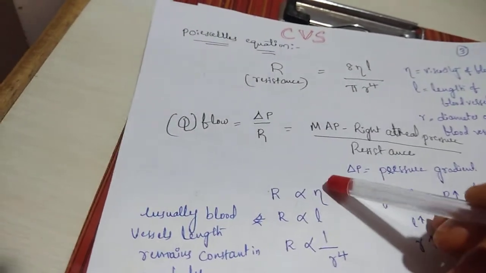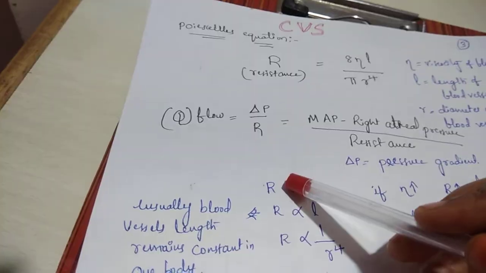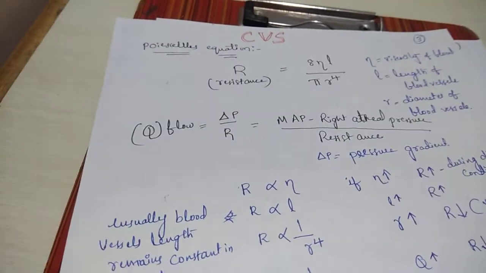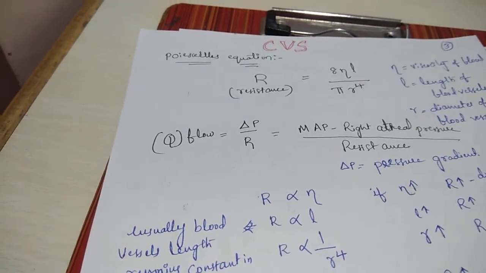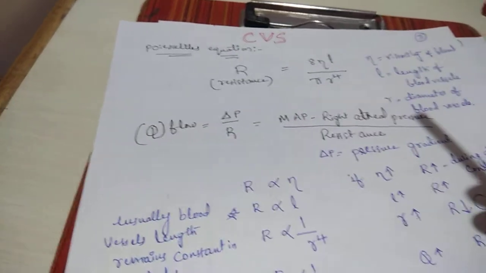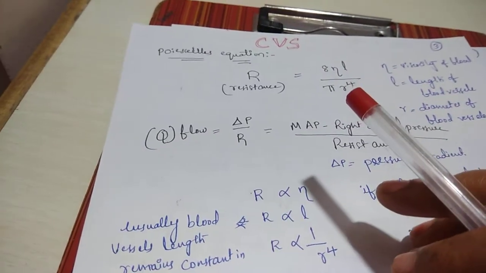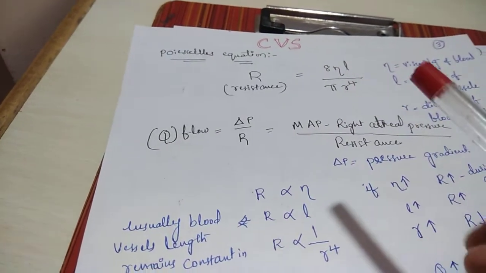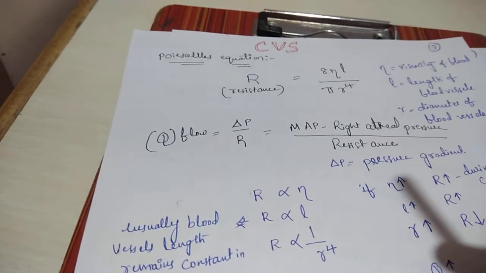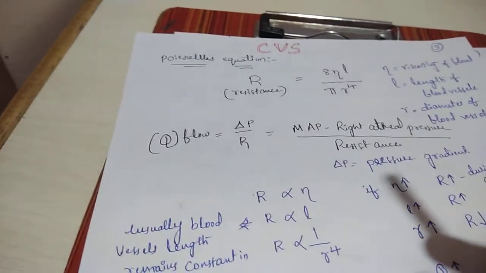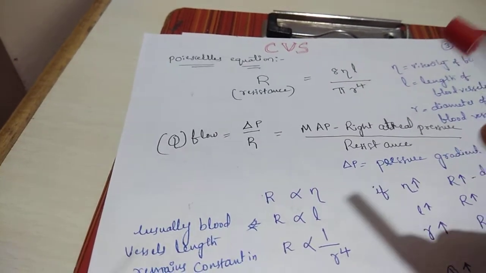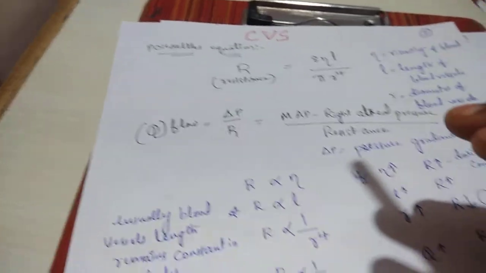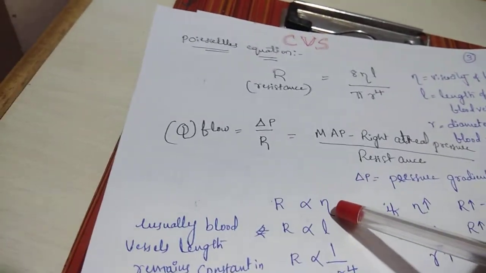For example, what will happen if blood becomes more viscous? It shows more resistance. For example, in a pipe water is moving. Water is obviously less viscous, so it moves very fast. In the same pipe, if we are pumping honey, which is a little more viscous compared to water, will it move fast? It is obviously showing resistance against the flow. So resistance will be increased depending upon the viscosity.